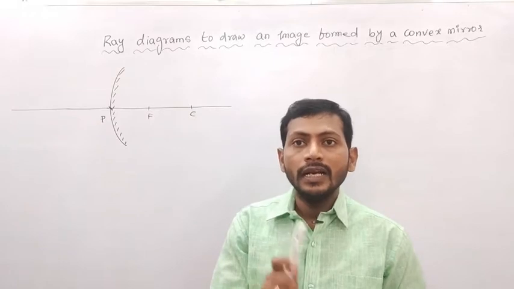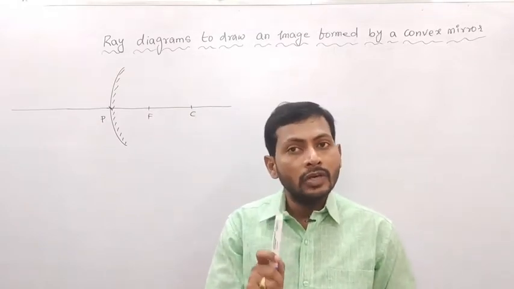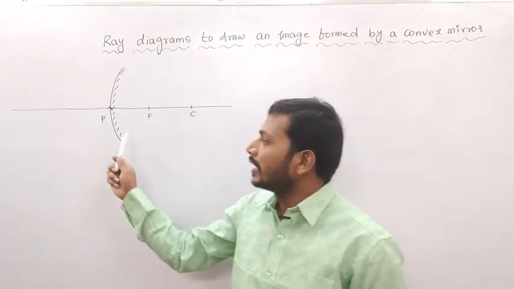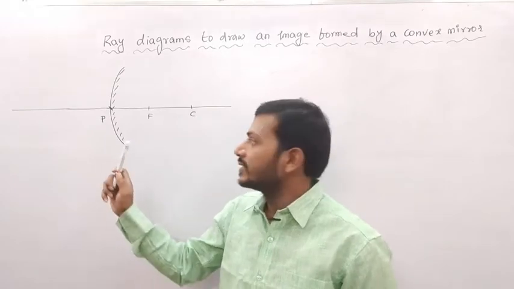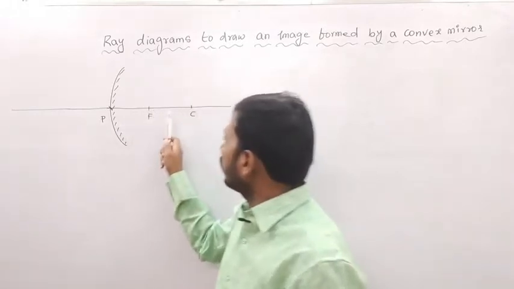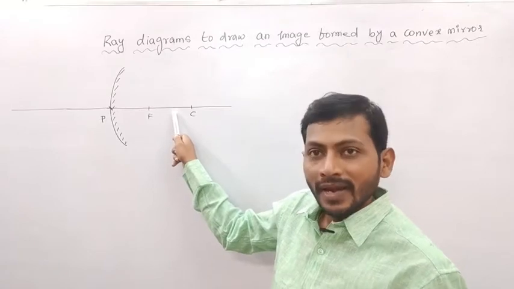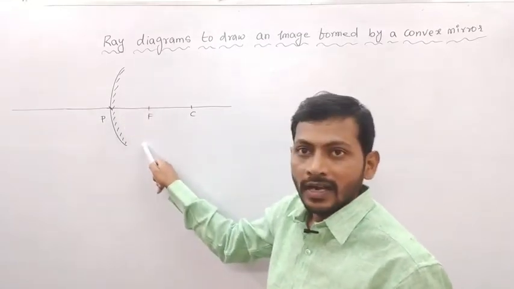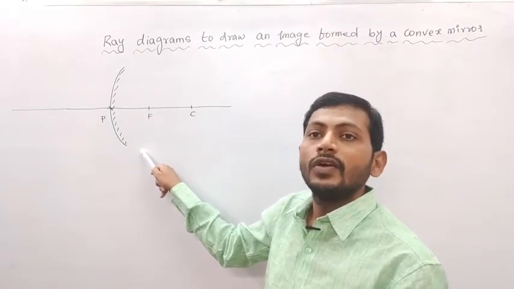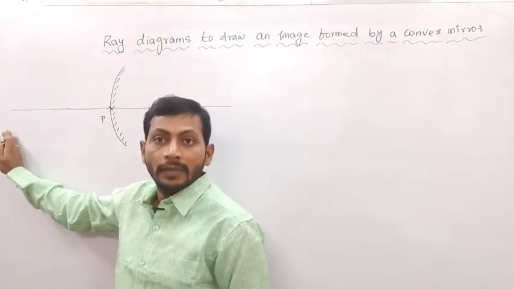Because generally, to get the image, as I already told you, our object should be in front of the reflecting surface. Where is the reflecting surface here? This is the reflecting surface. If you keep the object on the other side, will you get the image? No, children, because this surface is coloured. It is not going to behave as a reflecting surface. So we have to keep the object on this side, the reflecting side, the mirror side.